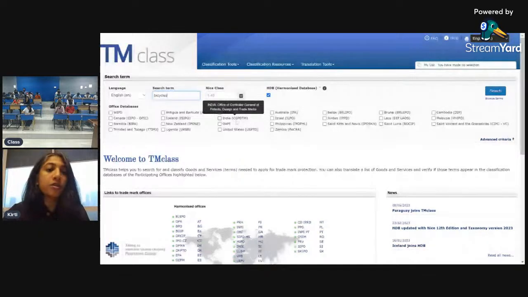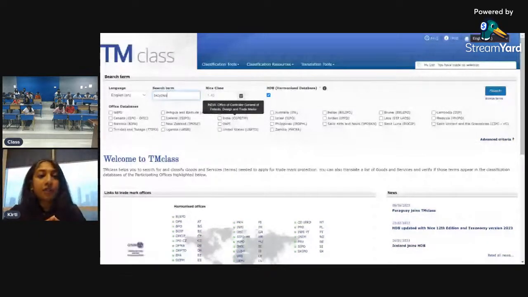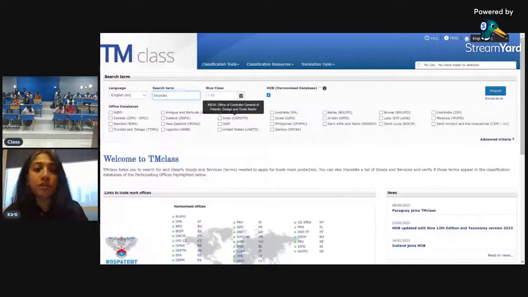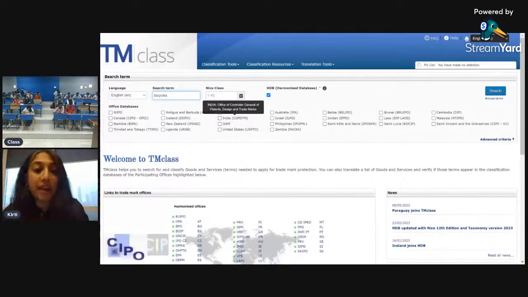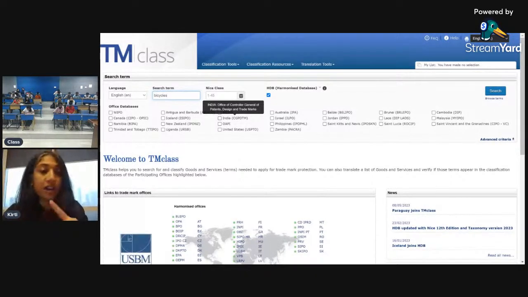Because while the Nice classification has made it uniform across countries that have acceded to that agreement, of how products need to be described in a specification, there are still some differences between each territory, where, say, the EUIPO or the UK IPO is much, much more precise, and they have very definitive rules around the kind of terminology and punctuation that you use in these specifications versus other offices. So India is not so strict yet, but they're definitely going in that direction.